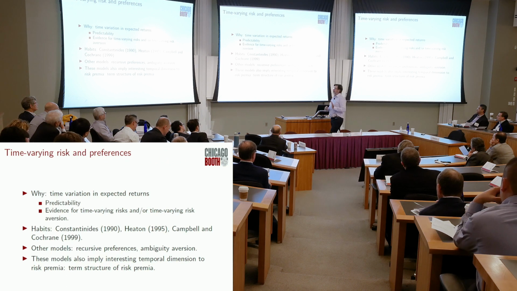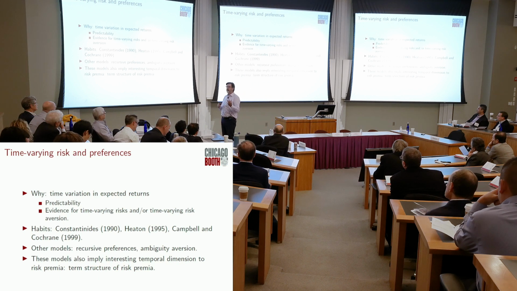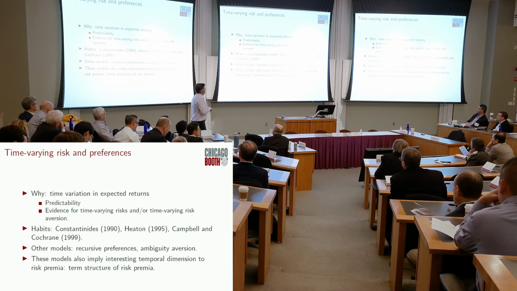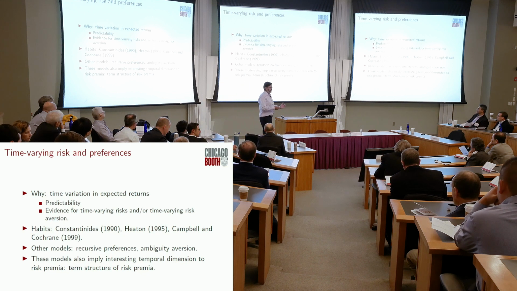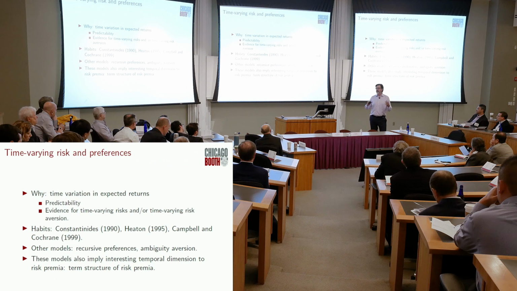There are other models out there that try to do similar things, like Epstein-Zin, Kreps-Porteus kind of preferences, recursive preferences, and I'll come back to ambiguity aversion ideas due to Lars Hansen and Sargent and others. So what these models apply, a very interesting dimension, is to say, well, maybe in the short term we're having trouble with risk premia, but let's look at the temporal dimensions that might be there in risk premia. And people like Ralph, for example, here looked at those temporal dimensions, and tried to argue that this puts restrictions on what these risk premia time variations should look like.